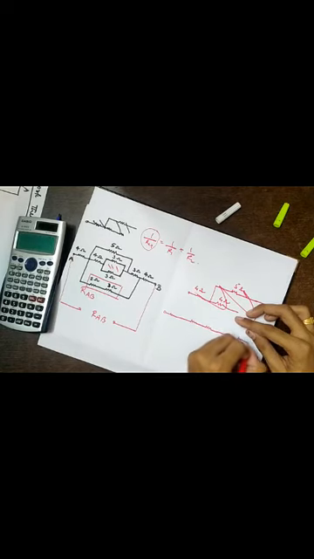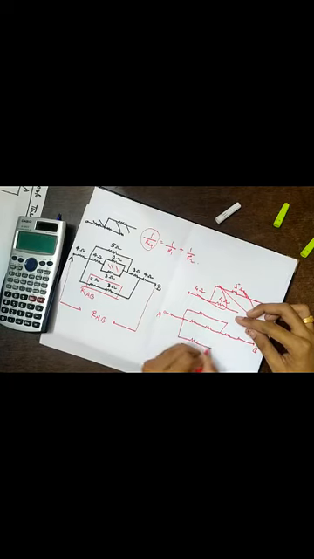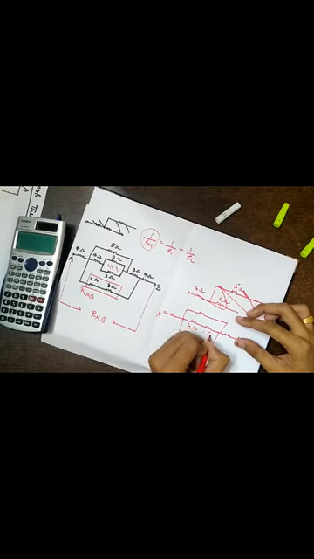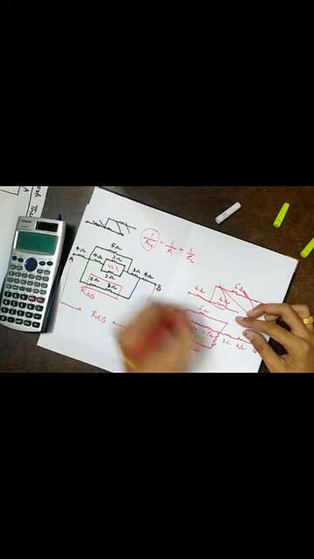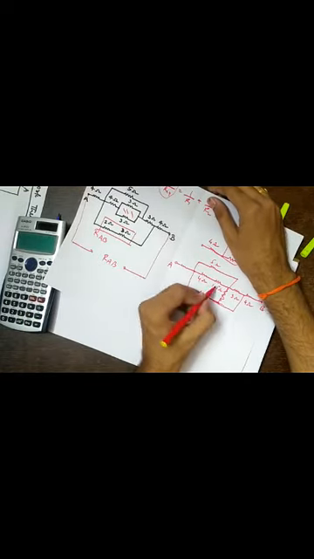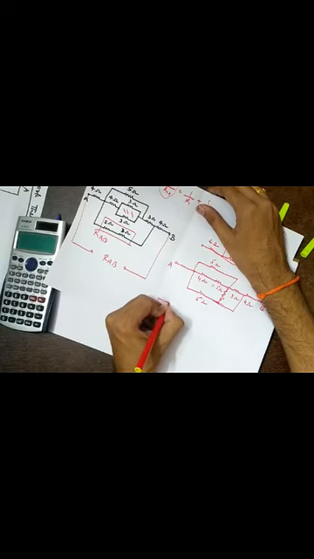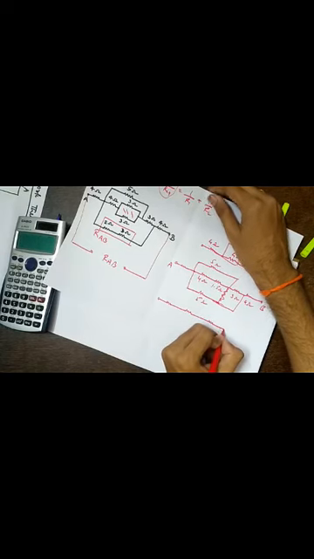Then you have 3 ohms and 4 ohms. This is B, this is A. This combination is 5 ohms. So this is 4 ohms, this is 1.5 ohms, this is 5 ohms, this is 3 ohms, this is 4 ohms. This is not coming here. This is coming here. Right? So what is the next thing we observe? Then we observe these two are in series. This is A, this is B.